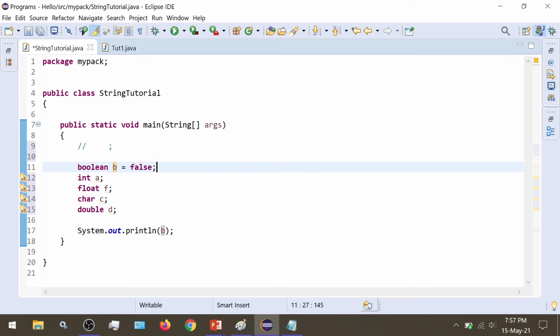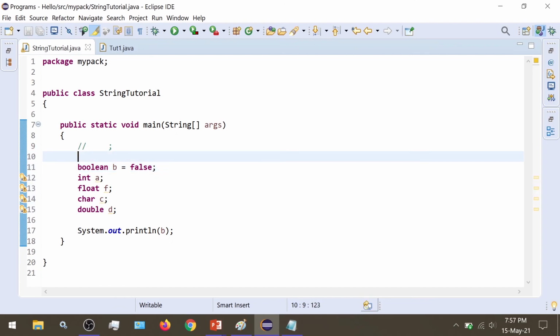And if there isn't any separator, and after this we write something called int and other statements continue, then it won't be able to conclude where a proper statement has ended. So to indicate the end of statements we use a semicolon. In Java a semicolon is a must at the end of a line, and if we don't use a semicolon, then we will get a compile time error.